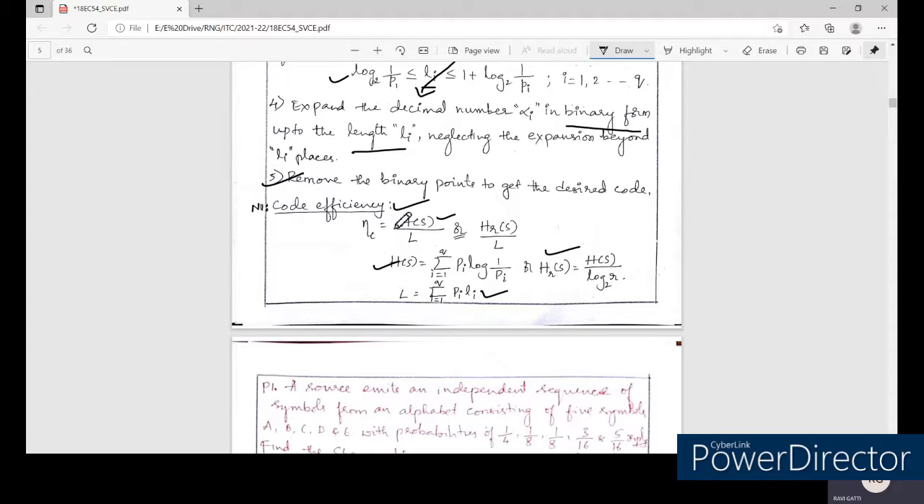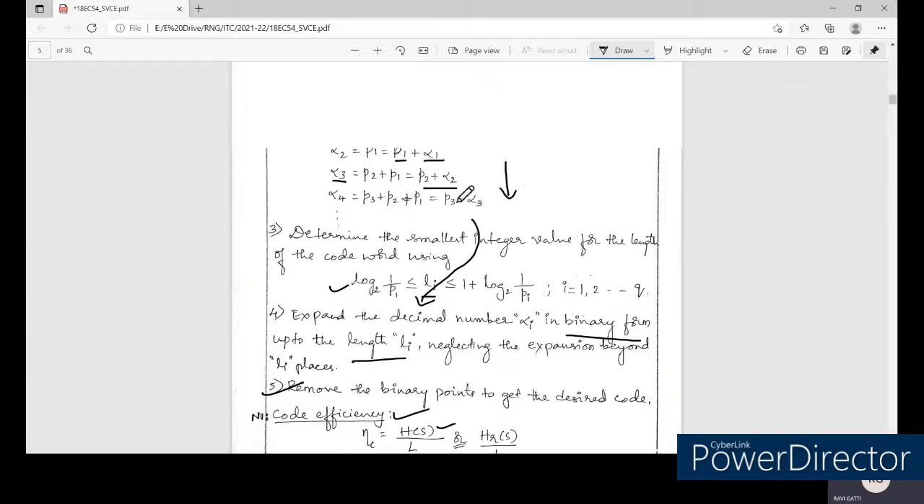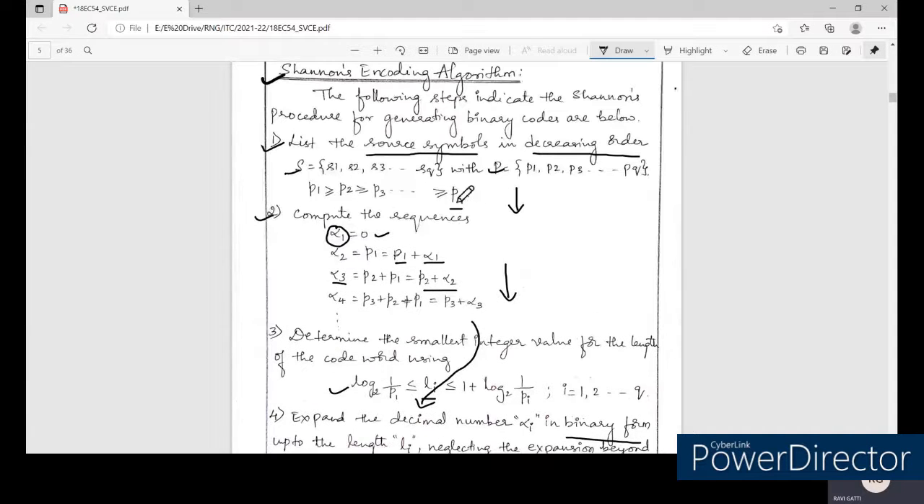Okay, so this is the procedure you are supposed to adopt when we want to find the code alphabet from the source alphabet. Once again, I am going to summarize what you are supposed to do. First, you need to list the source symbols in decreasing order of probabilities,